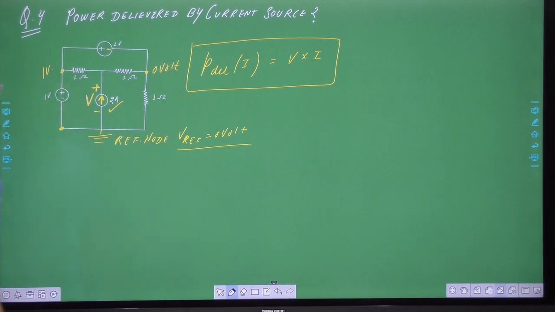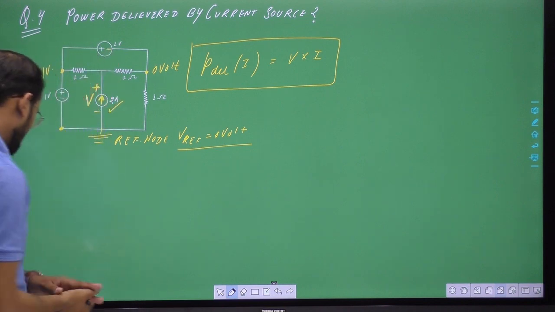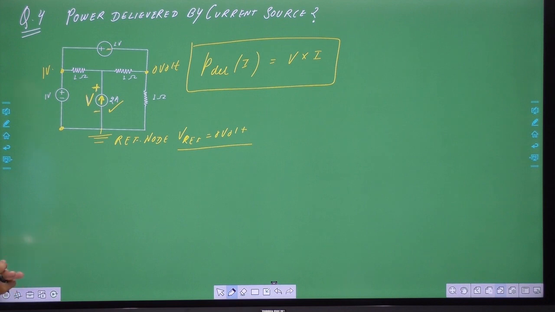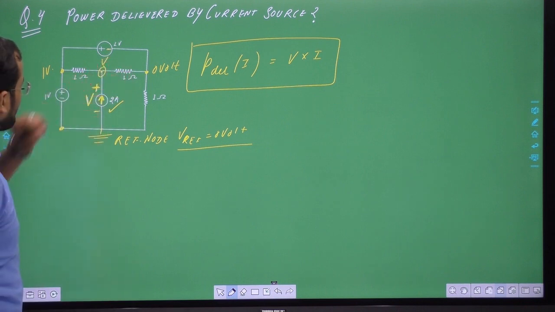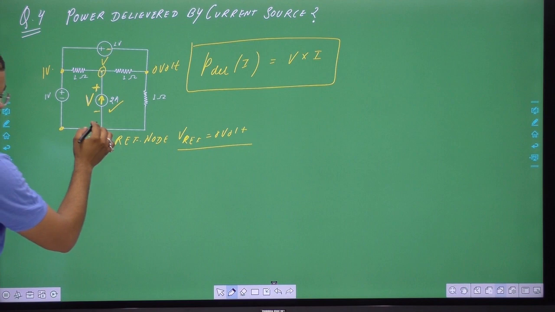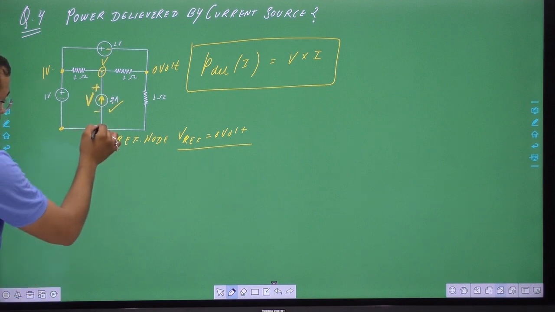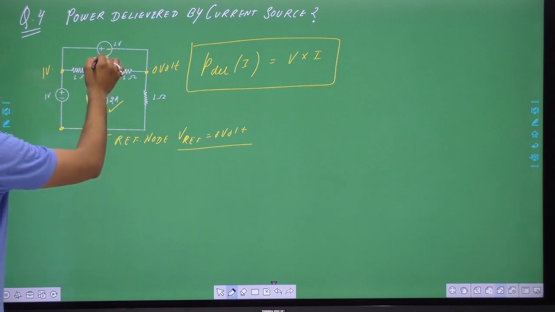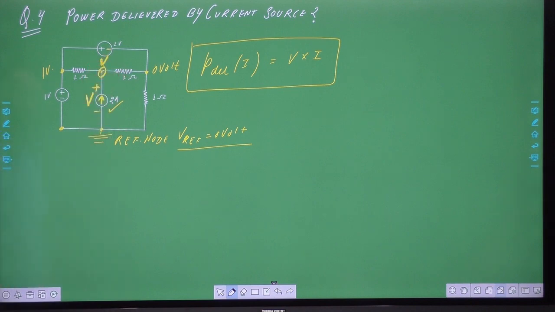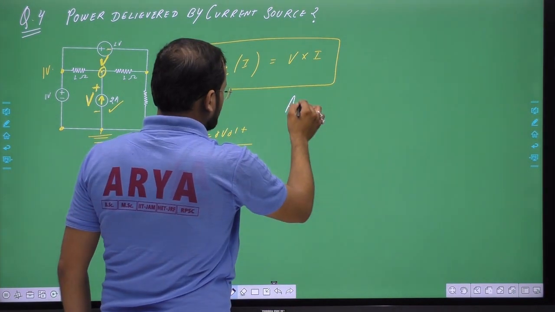Okay, so what we have to do next is apply KCL and find the answer. Where do we apply KCL? We apply KCL here at node V. Why am I giving the same name V here? Because I already assigned the value V here, since with respect to 0 the voltage at this point is V, so we can give the same name V here. Apply node analysis at V.